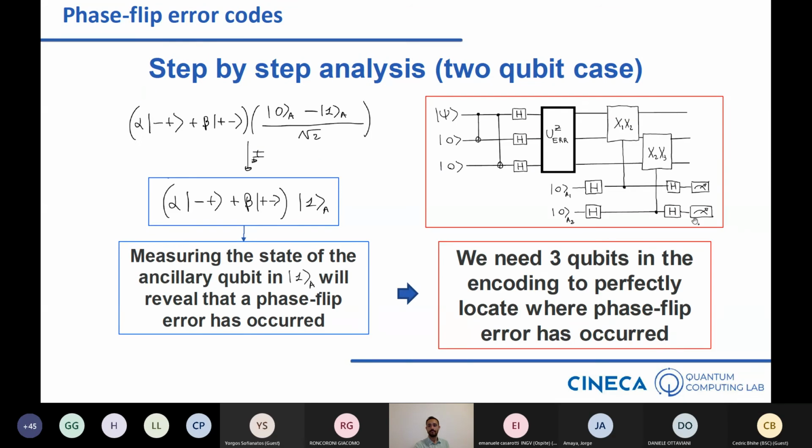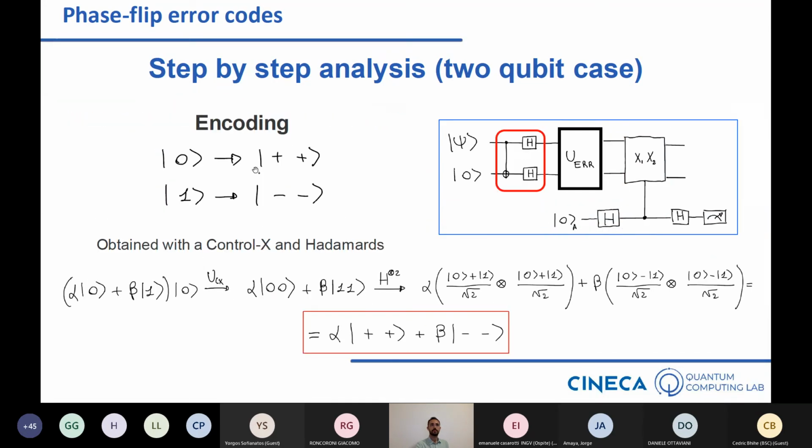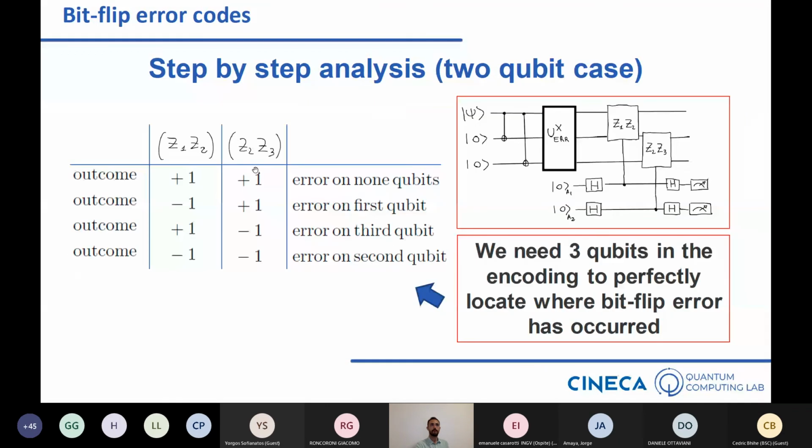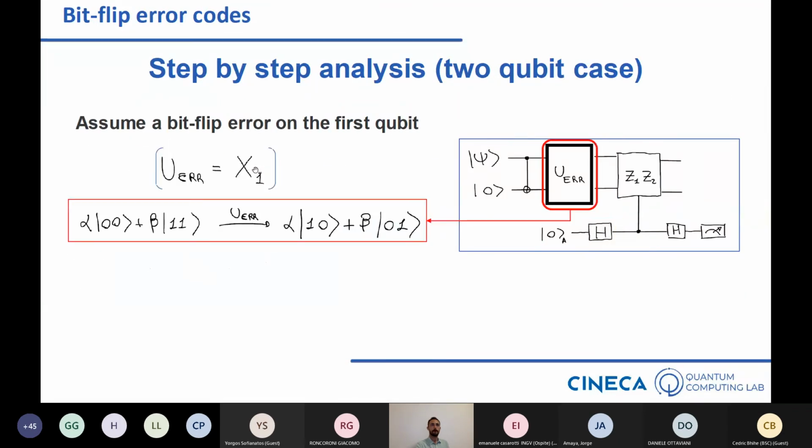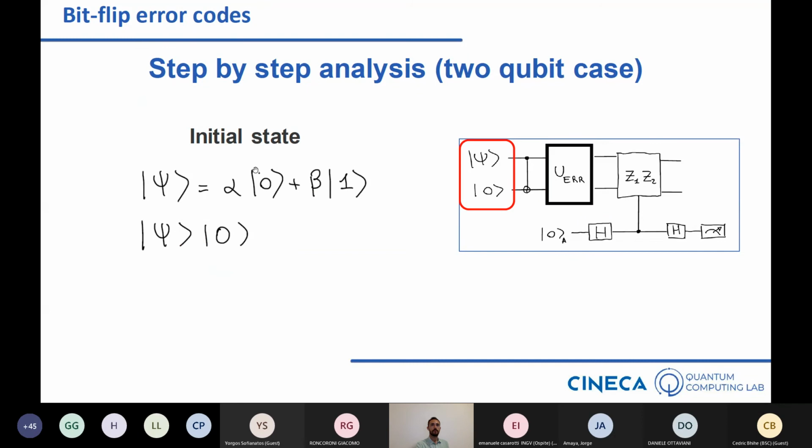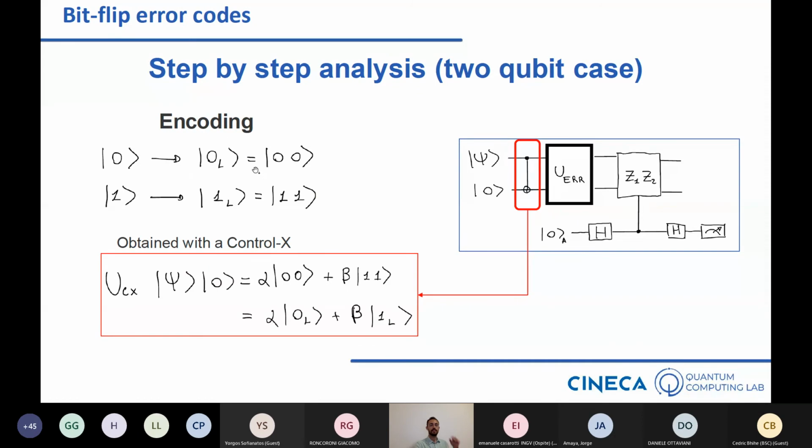So yeah, if it's what you mean. Well, the redundancy is at this level, so let me start with this. So the redundancy is here because